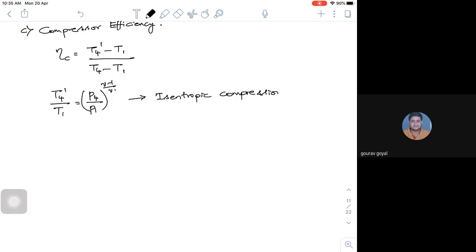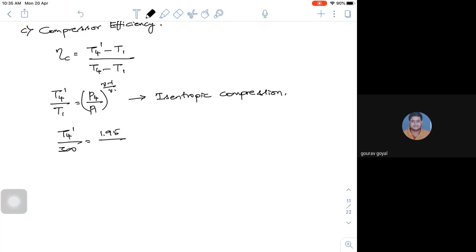T4 dash by T1 is equal to (P4 by P1) whole to the power of (gamma minus 1) by gamma. Every other value I know, so the only unknown is T4 dash. So if I substitute, T4 dash divided by 300, and what is my P4? P4 is 1.95